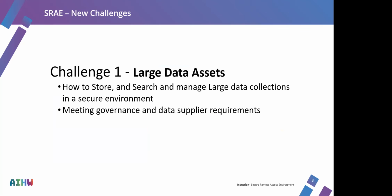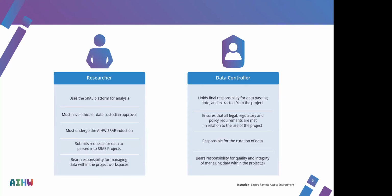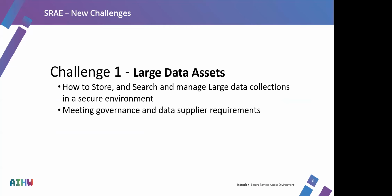And this is pretty standard to most secure environments. I think we'll see this pattern throughout the presentations today. But what I really want to focus on are some of the challenges we've